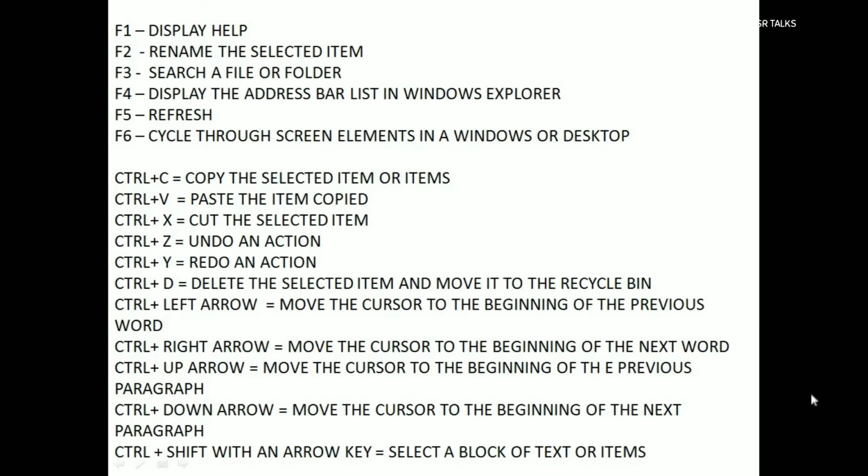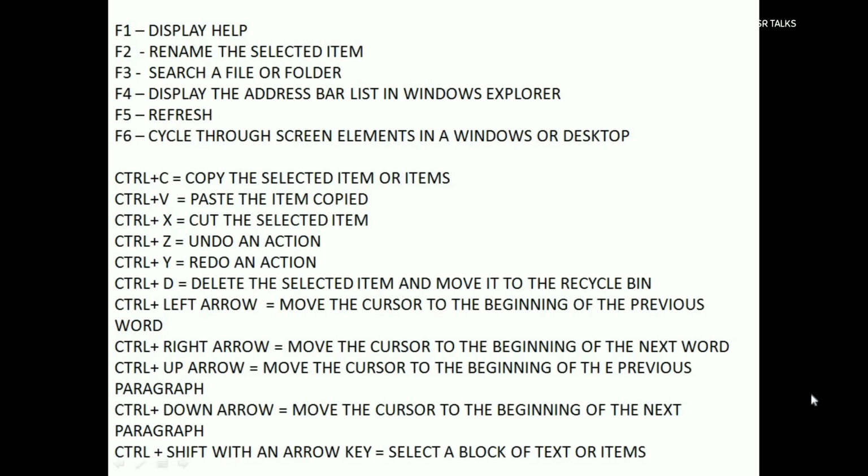Coming to Control shortcuts, Ctrl+C to copy the selected item, Ctrl+V to paste the item, Ctrl+X to cut the selected item, whereas Ctrl+Z and Y to undo and redo an action respectively. And to delete the selected item and move it to the recycle bin, we use Ctrl+D or the Delete key on the keyboard. Ctrl+left arrow makes us move the cursor to the beginning of the previous word.